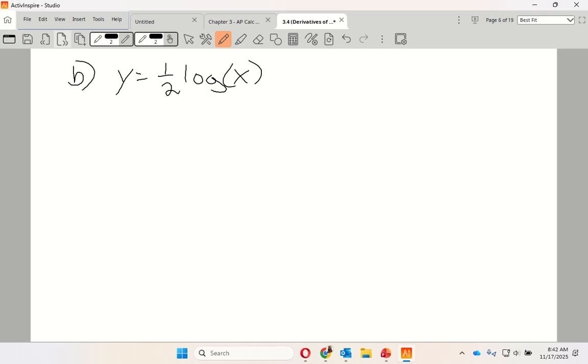So this is y prime is equal to 1/2 times 1 over x ln of 10. That 1/2 is just the coefficient, just the number out front. So I can combine it as